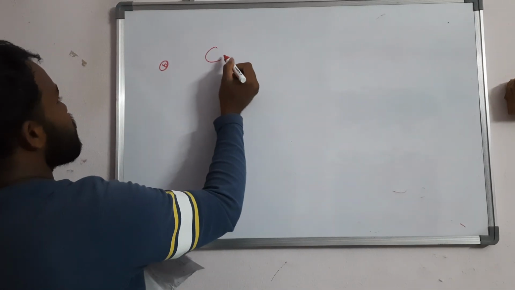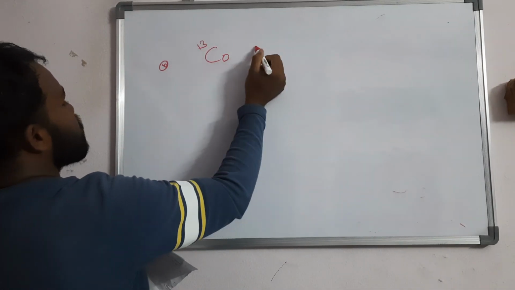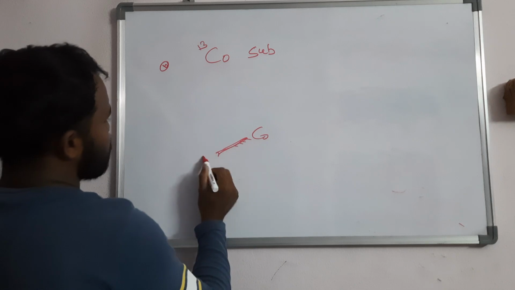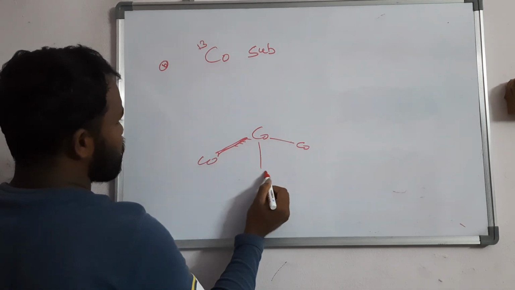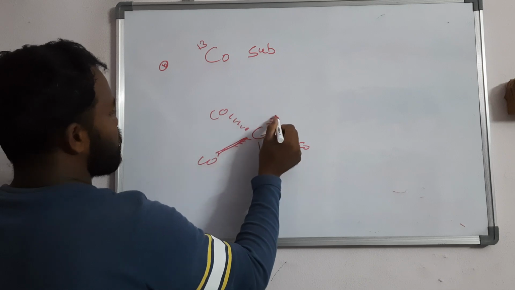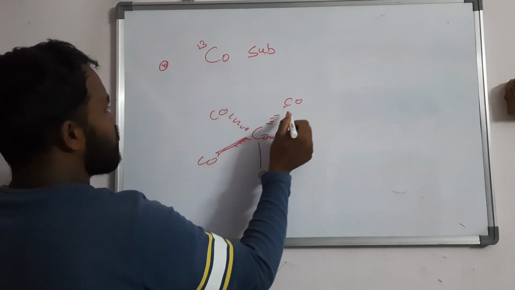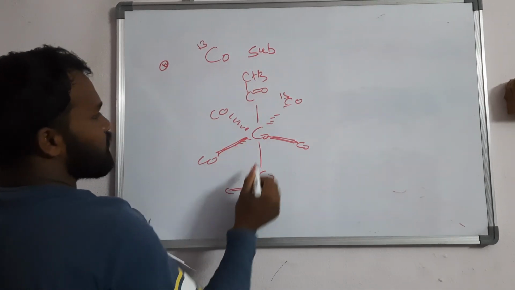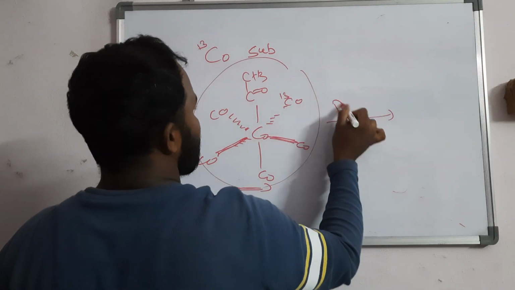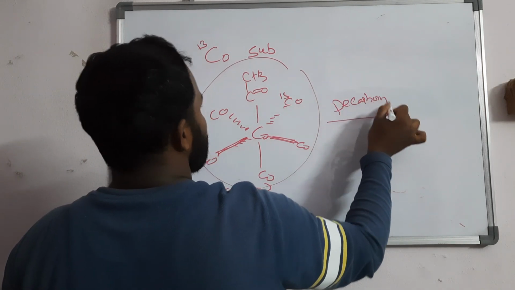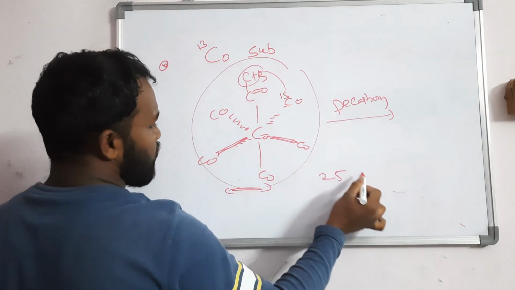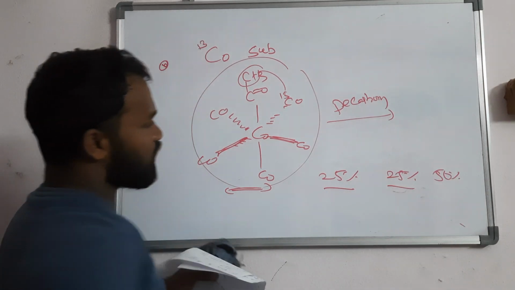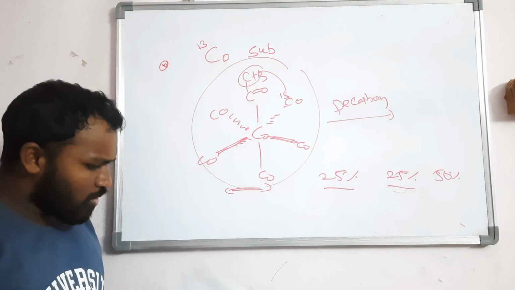Next, cobalt with 13C substitution, decarbonylation. The given question is like this: CO here, CO here, CO here, CO, CO, C13O, C double bond O, CH3. They gave this, and the question is decarbonylation, and you should write the answer. The options may be 25% something, 25% non-radioactive and 50% methyl. The options are given like this. That is also something I don't know exactly.